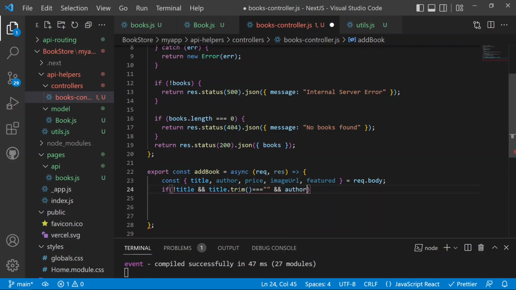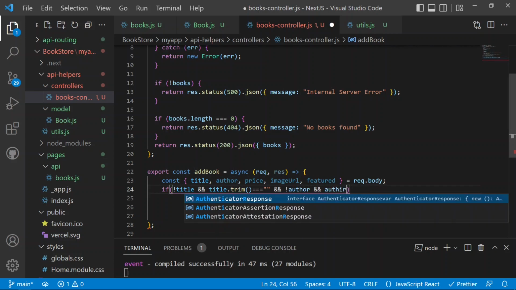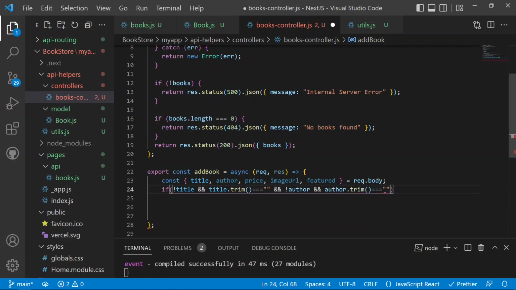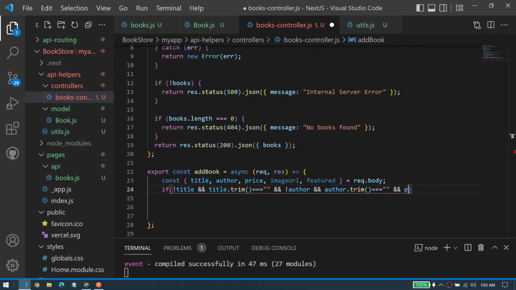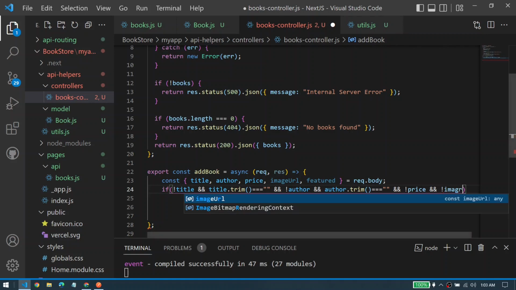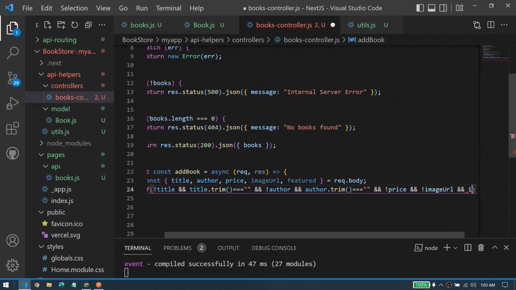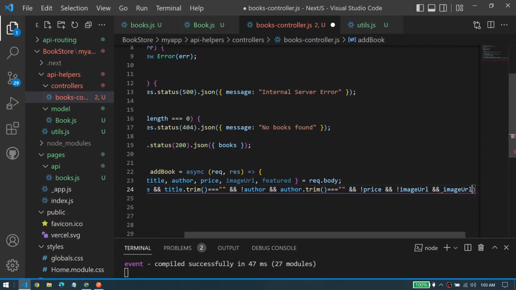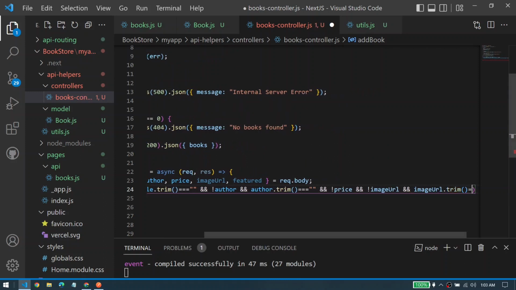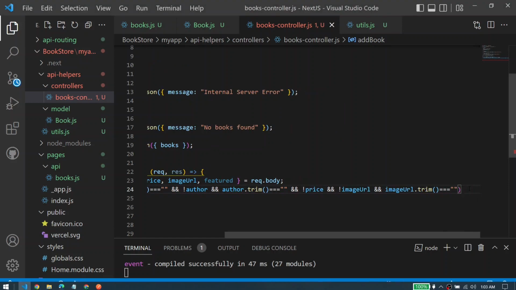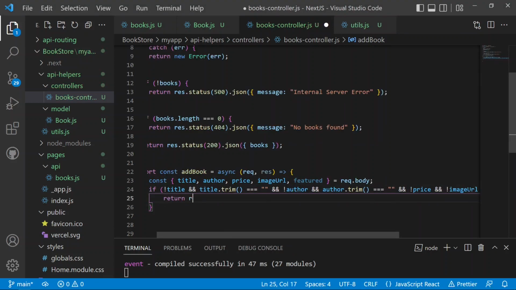And after that, we can move on and check the same for the author. So if we don't have the author, and if the author dot trim is equal to an empty string again, then we can check the same thing for the price. So if we don't have the price, and after that, we can check for the image URL. So if we don't have the image URL, and if the image URL dot trim is equal to an empty string,